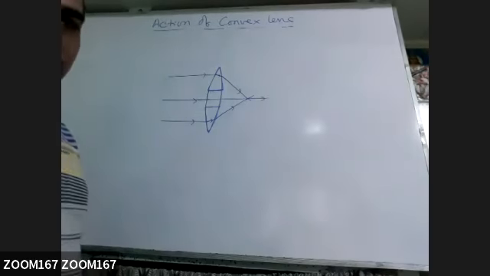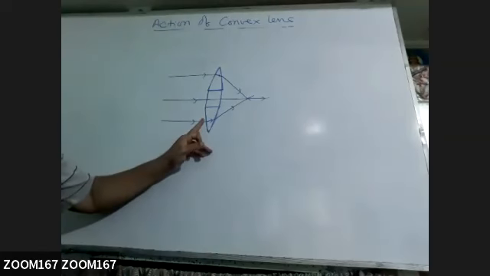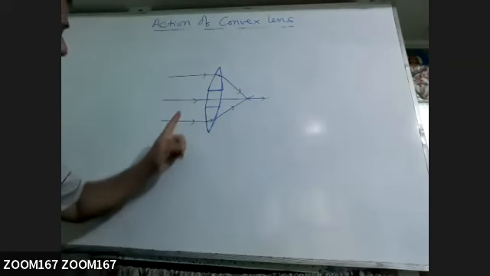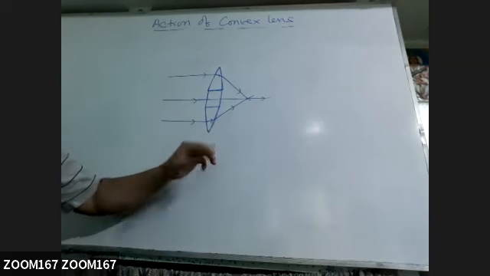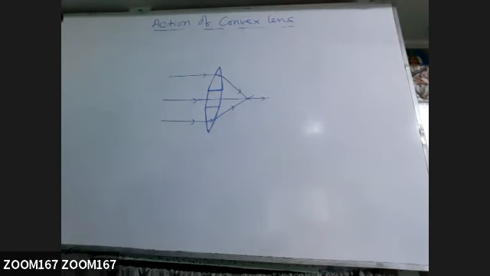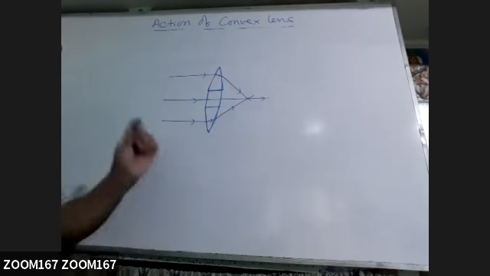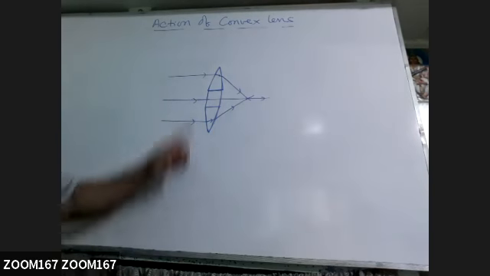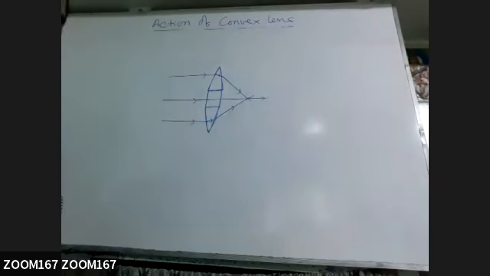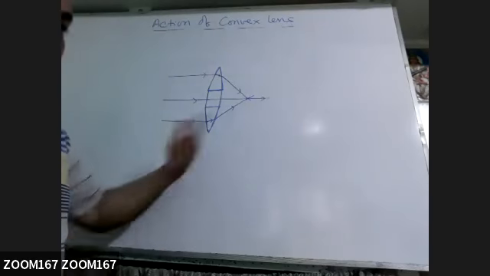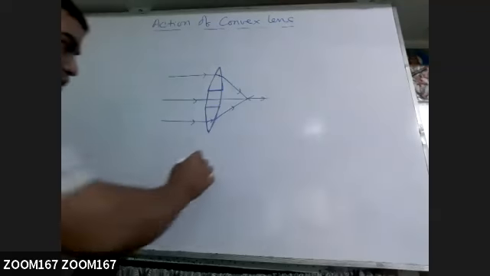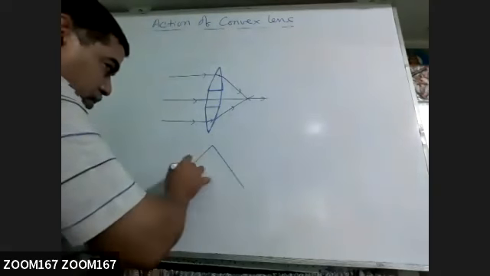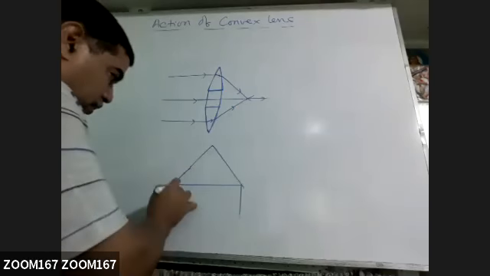In an actual diagram, when we draw it, we will not show these two deviations, though deviation is taking place on both surfaces. But when we draw the ray diagram for the position of image, as we have done in class 8 also, to get the position, nature and size of image, we have done different ray diagrams. In a ray diagram, we show only one deviation. So where will we show it? I am drawing the diagram for your convenience this way.